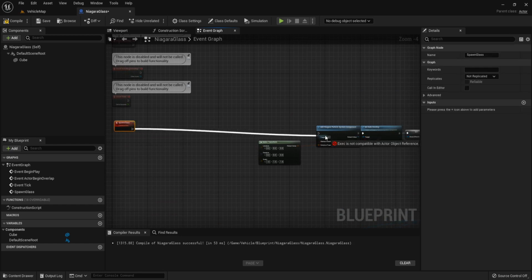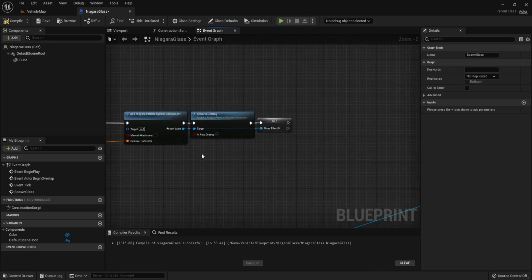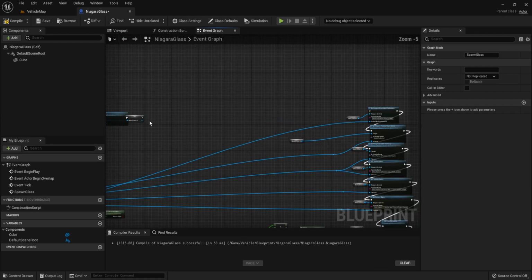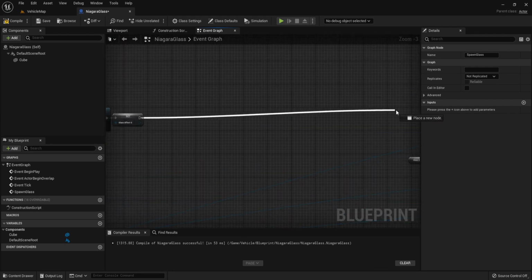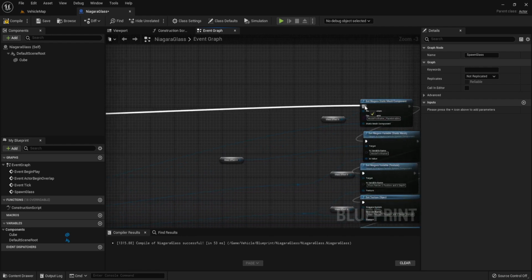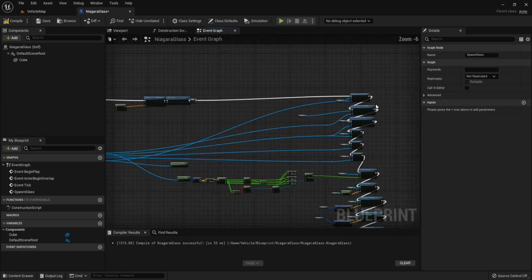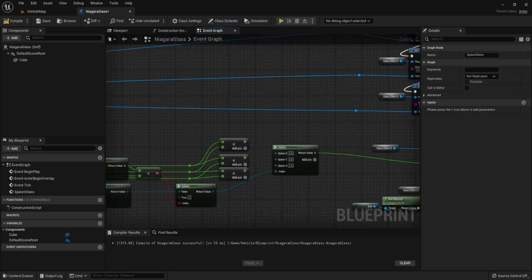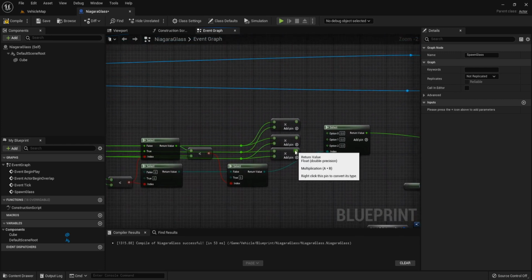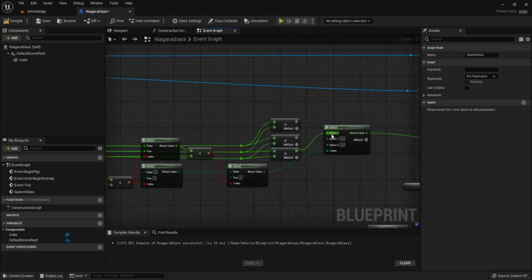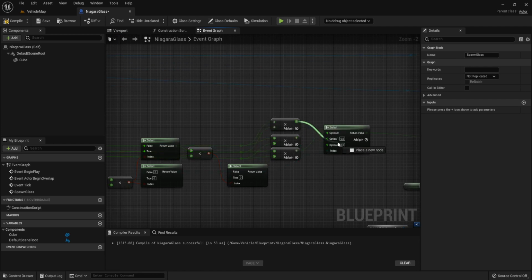Connect the spawn class to add Niagara particle and connect the class effect to the set Niagara static mesh component. And this one connect it to option 0 and option 2, option 1.